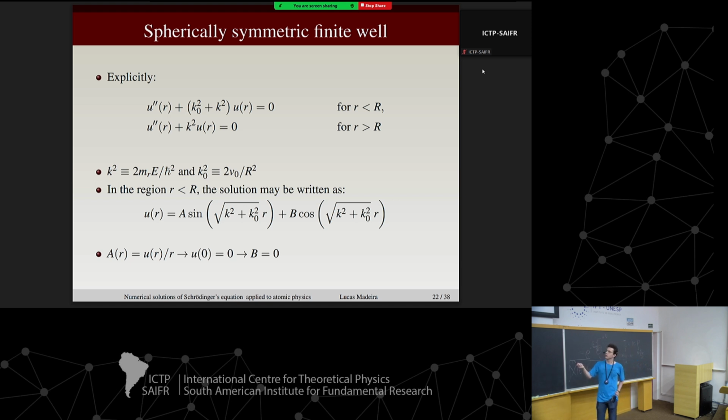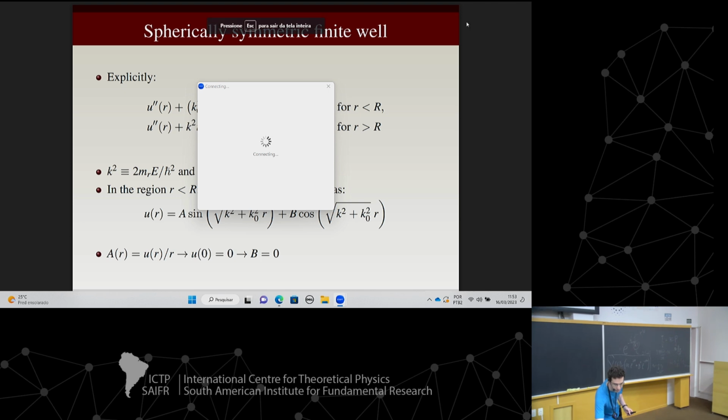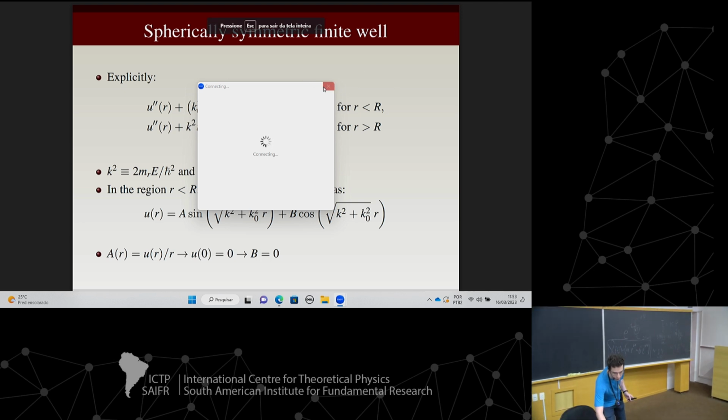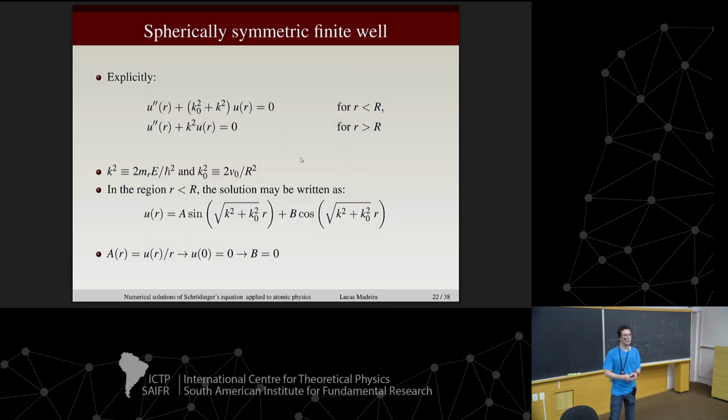As I said before, u is not the radial wave function. It's the reduced wave function. We still need to divide it by r to get the radial wave function. So remember that this has problems at the origin, leading to the boundary condition that at the origin, I require it to be 0, so I don't have problems here. I don't have divergences. And if I impose this boundary condition in the solution here, I get that B equals 0. I only have sine types of solutions. Okay?